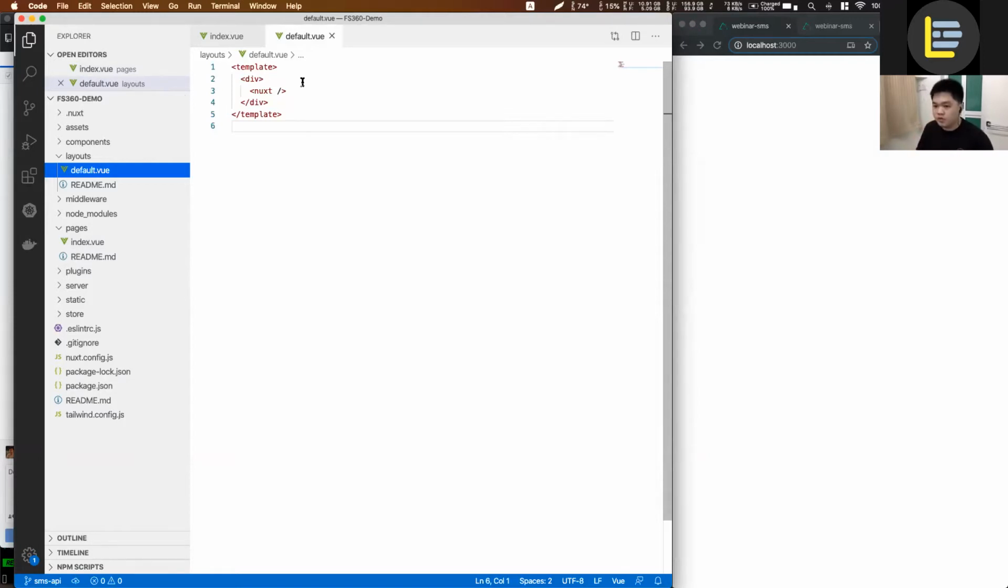For example, if you go to WordPress, the landing page and the blog post page have different layouts. So you can control the layout by creating different kinds of layout inside the layout folder. And in order for me to do that, I want to have a background,